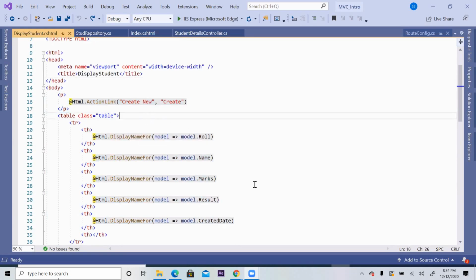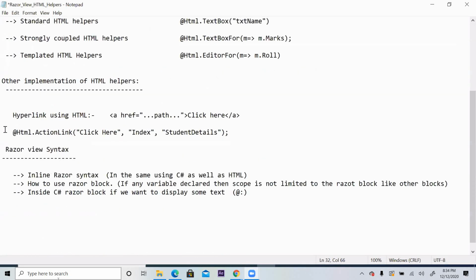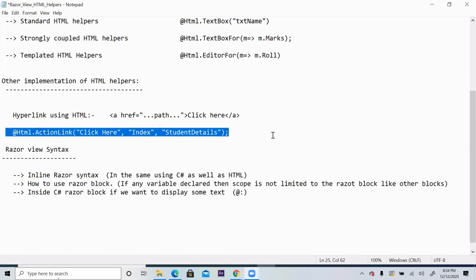Hyperlink. Yesterday I told you the syntax of hyperlink. Anytime you want to use a hyperlink, you call the function called ActionLink. First argument is the text to display. Second argument is the action method to go to. Third argument is the controller in which this action method is available.